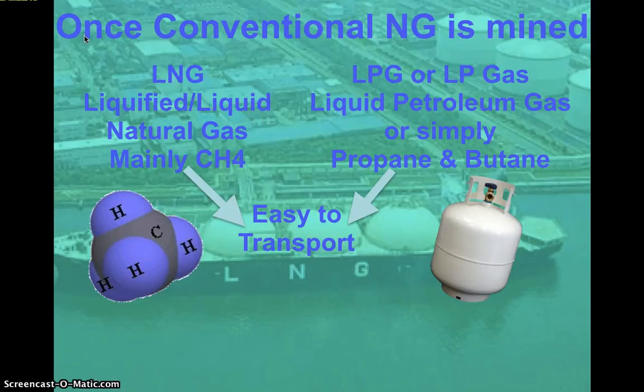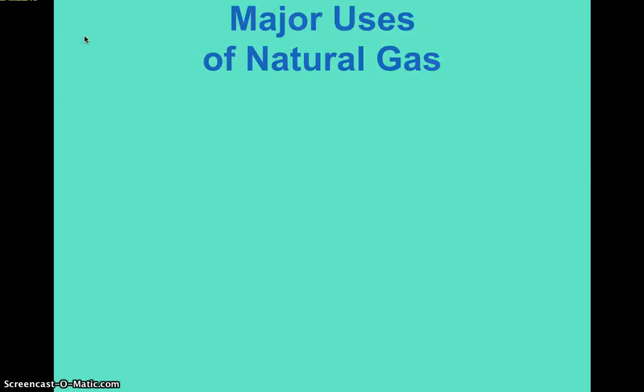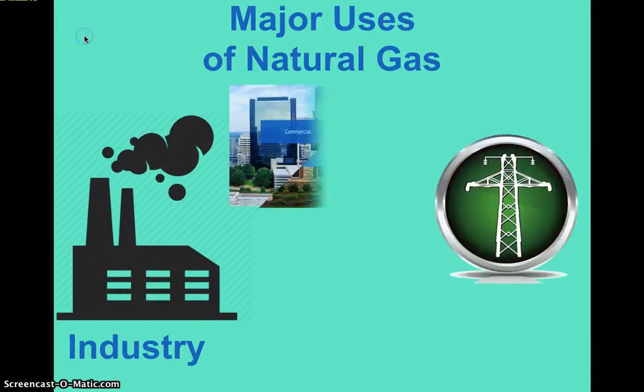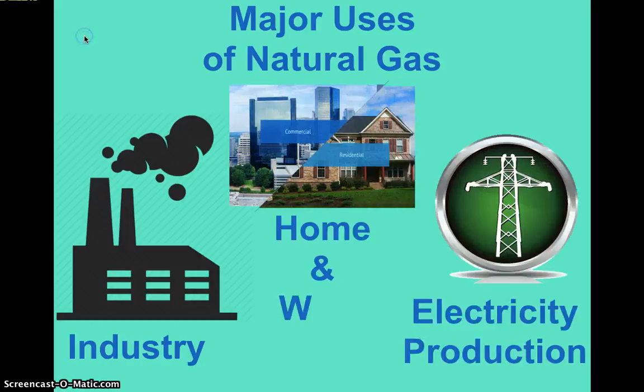Gas takes up a lot more space in a container than it does if it's converted into liquefied form. I think it's like 60% more space saved, and there's less risk involved. Gas transport becomes highly reactive and flammable, and in the liquid form, it's more stable. Major uses of natural gas, as we mentioned in previous slides, the main use is for industry. The second main use is actually direct use in your home for electricity production or heating and cooking.